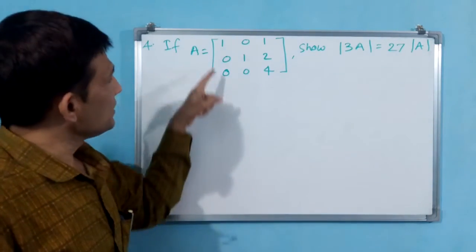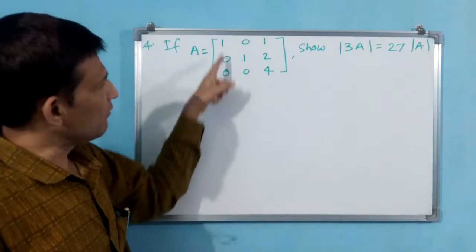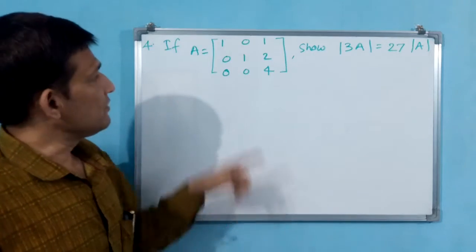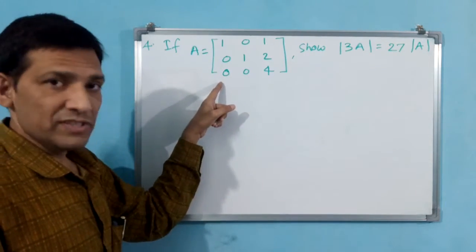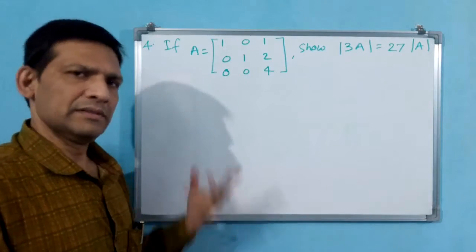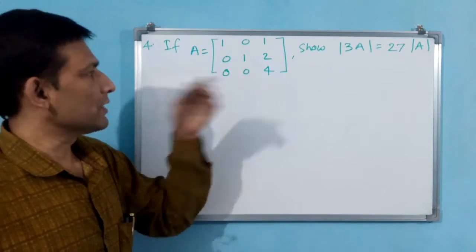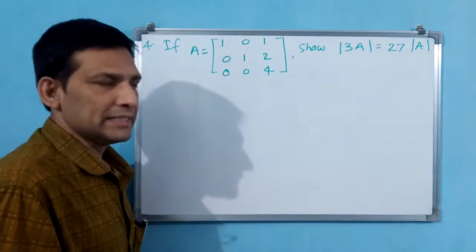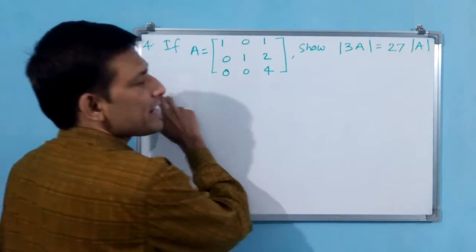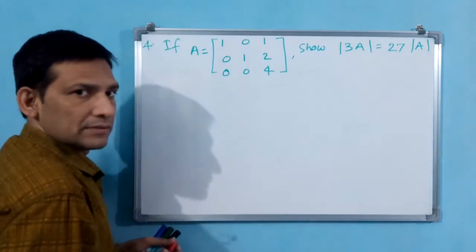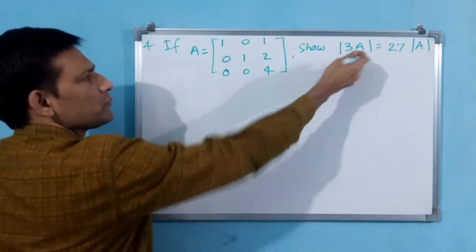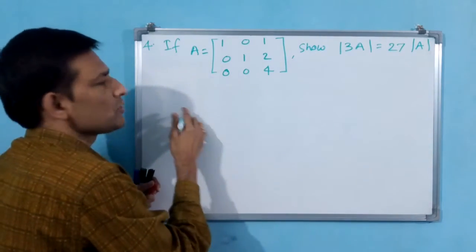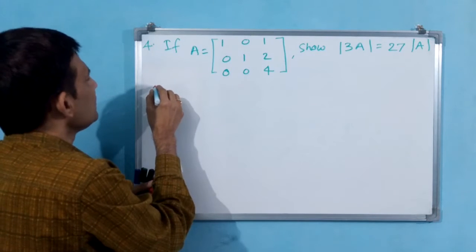But luckily here you see column 1. Column 1 is having 2 zeros and R3 is having 2 zeros. Then you can take whether C1 or R3. Then only one step we can do. Okay? Okay. I will take this R3. Expanding by R3. What I am doing, I am finding this A first. Or else we can find 3A also. 3A we can find and first LHS only we can do. Okay, let us do 3A.